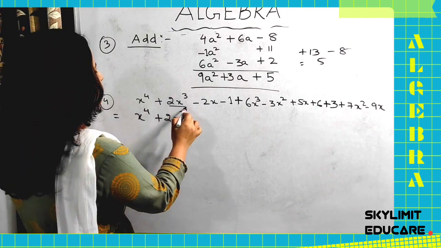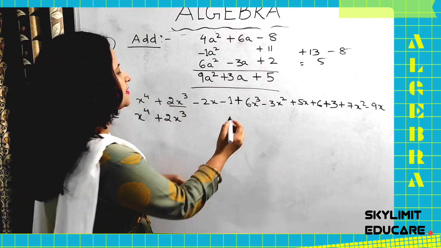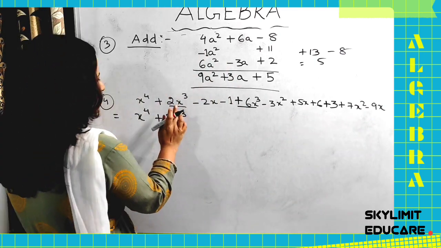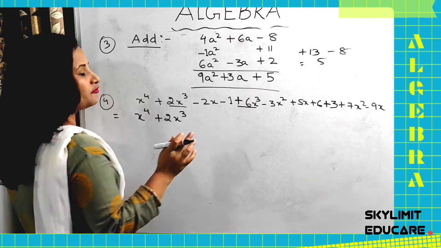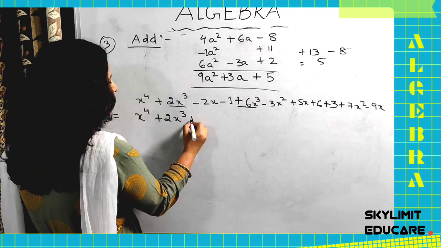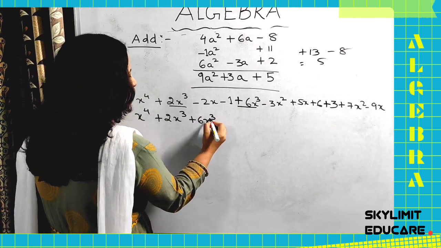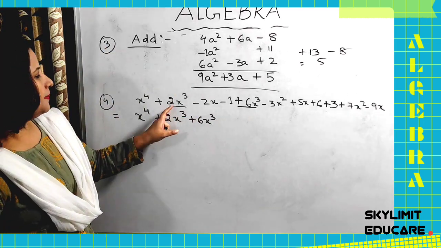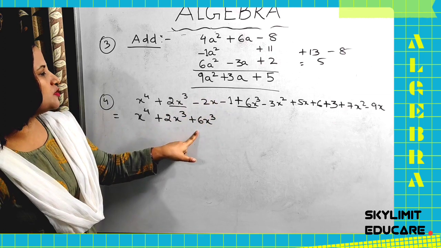So now x cube I have written. I have to get x cube. Let me find out x cube. Here it is there. Plus 6x cube you are having. And any more x cube? No. I'll keep x cube with x cube because both of them are like terms. So plus 6x cube. Very carefully you have to do this, okay? Because it's lengthy now. So very carefully. Plus 2x cube and plus 6x cube is over.